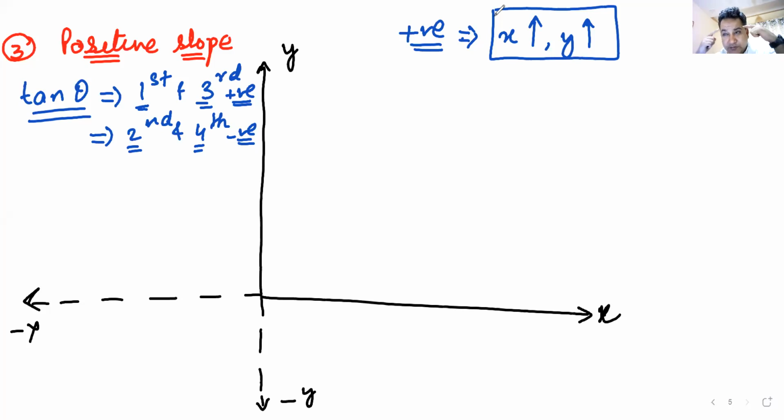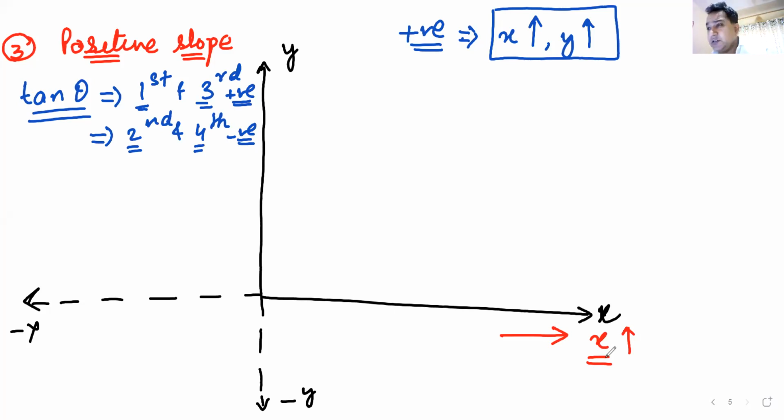Now, again, some common sense will apply and we'll try to understand what is the meaning of x increasing. Look at here. If we are going like this along the direction of my arrow, red direction, that means x is increasing. Is everyone getting my point? The red one means x is increasing.